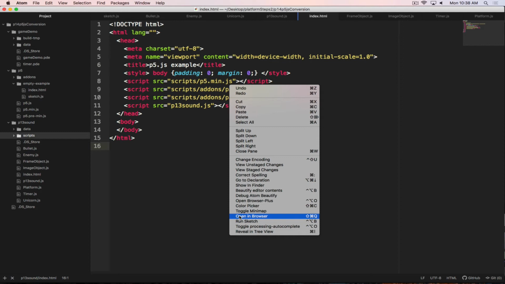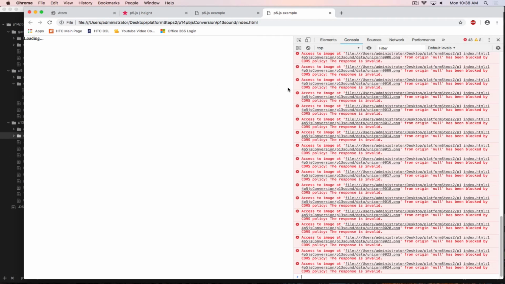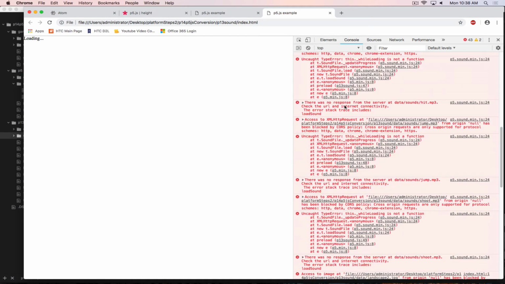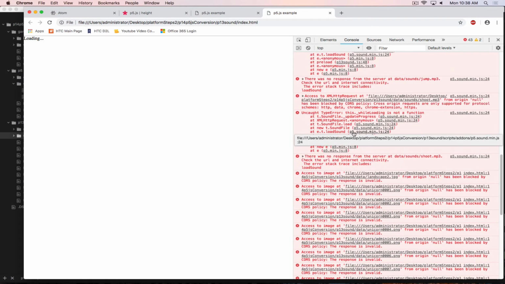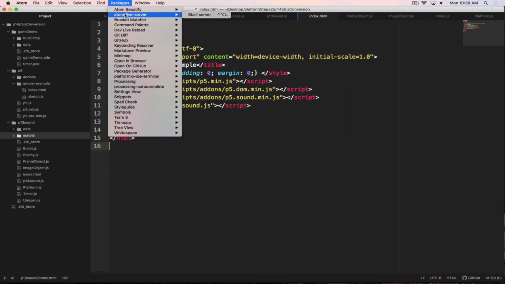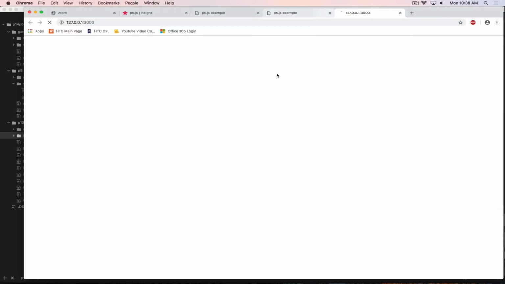And if I choose Open in Browser, it opens up in the browser, and it says loading. If I pull up the console, we can see all kinds of error messages. The primary thing is because of the cross-origin blocking, and it's unhappy because we're trying to load assets into our project, and that's not going to work right now. Instead, what we need to do is turn on the live server, and then